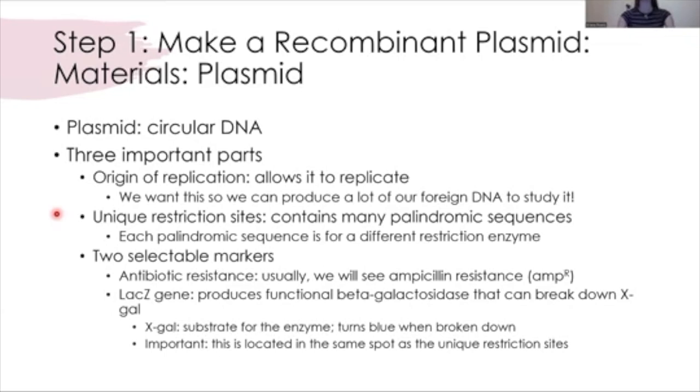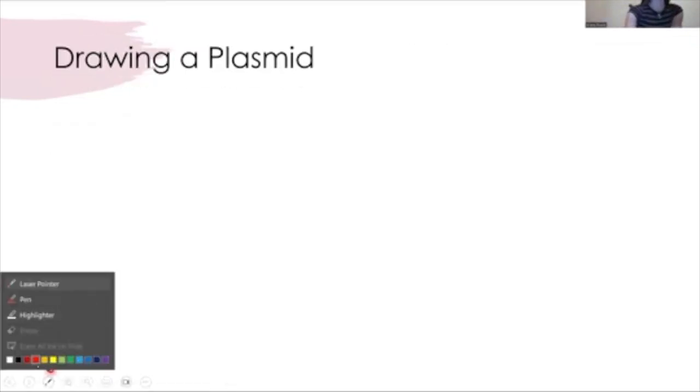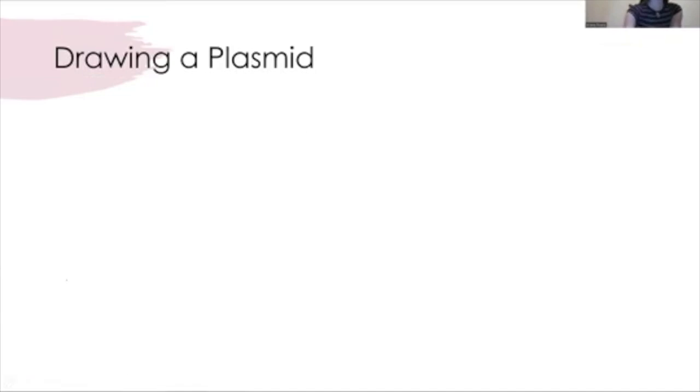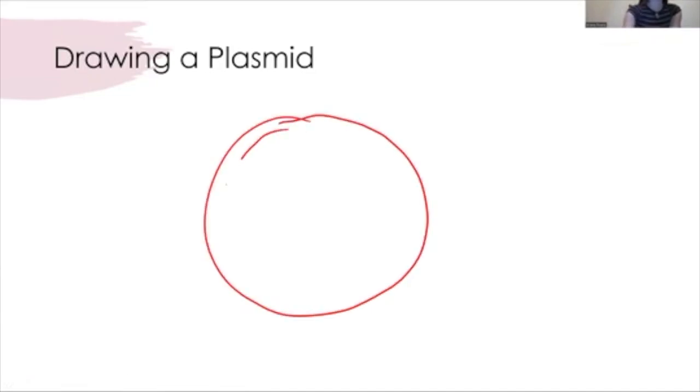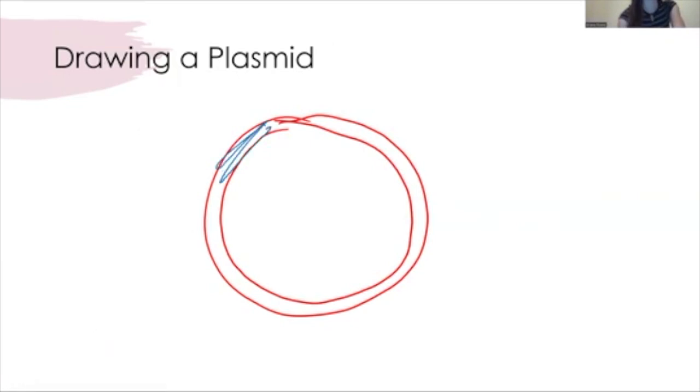All right, so before we move on, let's draw a plasmid really quick so we're all on the same page. So it would be a double-stranded circular DNA molecule. We have an origin of replication. We would also have an ampicillin resistance location. And we have our LAC-Z gene,